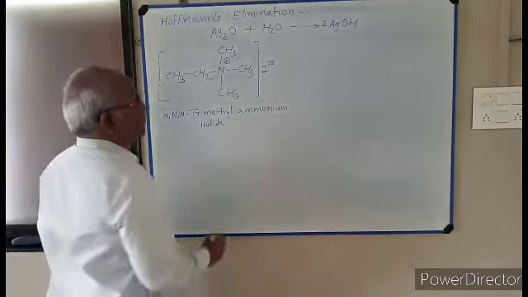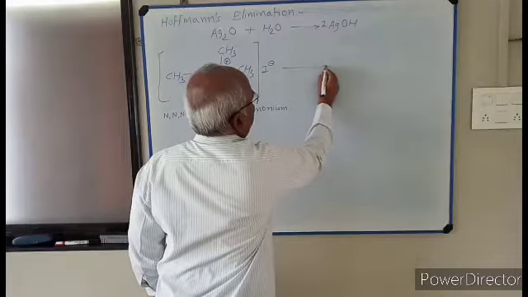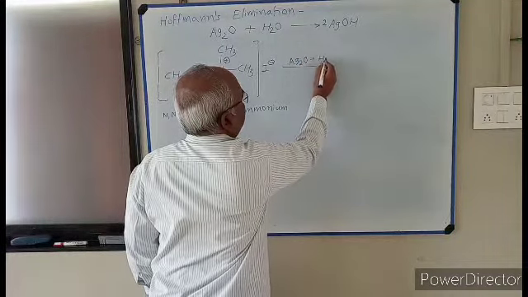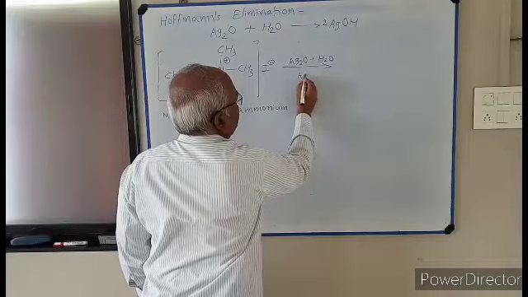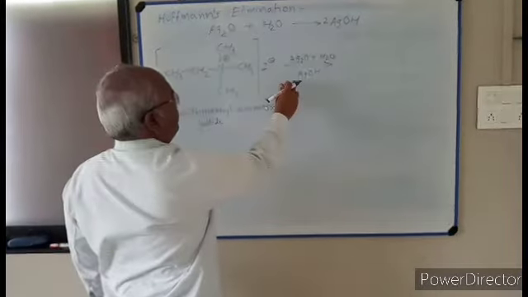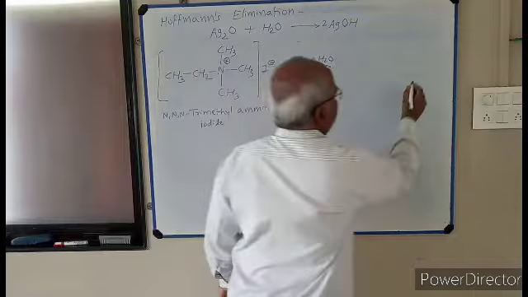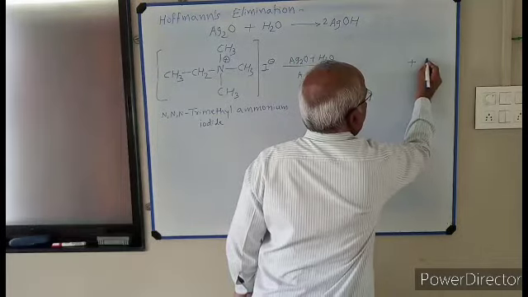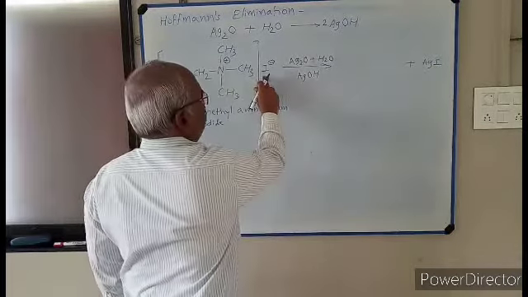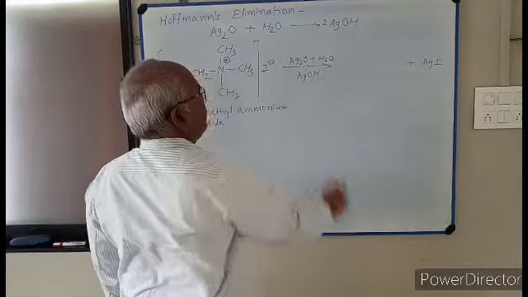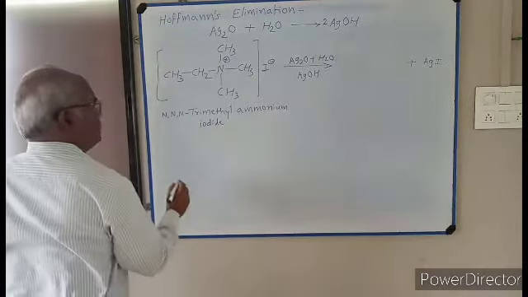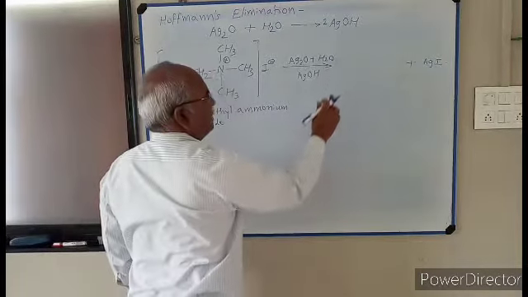It is heated with moist silver oxide, Ag2O, plus H2O. That means with silver hydroxide. Ag combines with I and silver iodide is produced. I minus is replaced by OH minus, and the product, instead of writing here, I write here